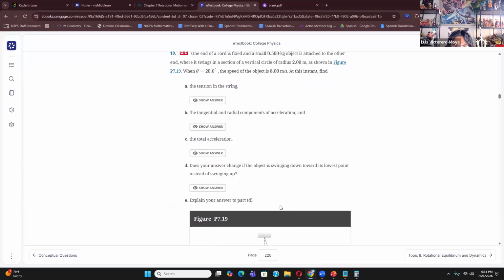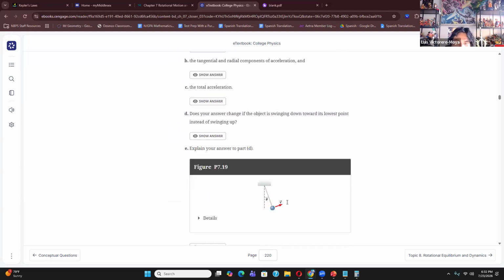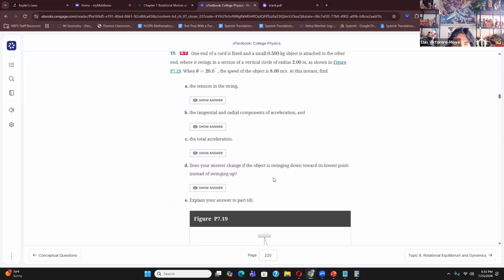When the angle theta is 20 degrees, the speed is 8 meters per second. At this instant, you want to find the tension in the string,